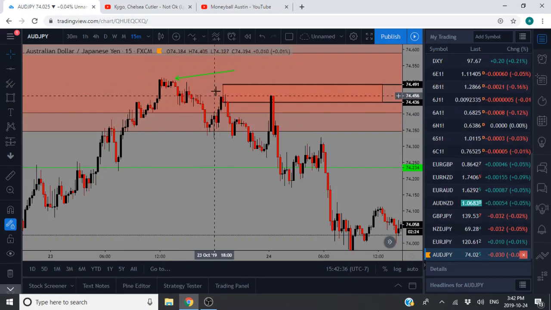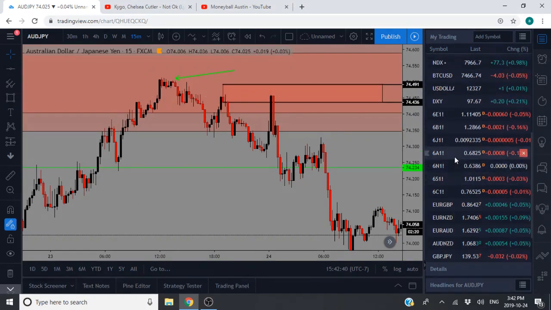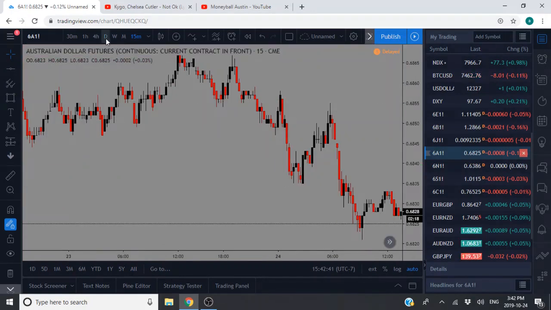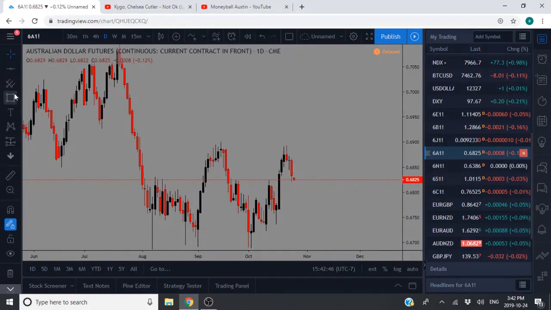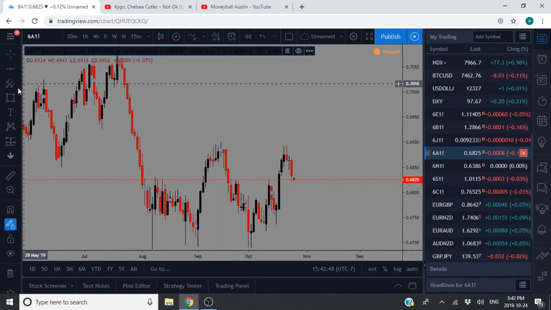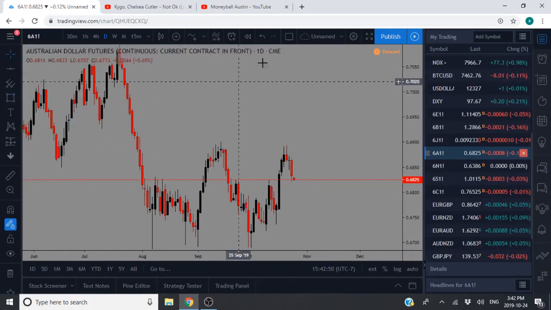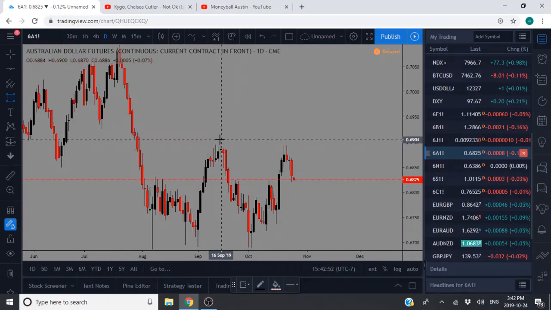It's sitting in higher time frame, multiple time frame analysis. We also had the futures correlation that I talk about. So that was an Aussie Australian yen sell. Here we had, what is wrong with this thing? Here we had